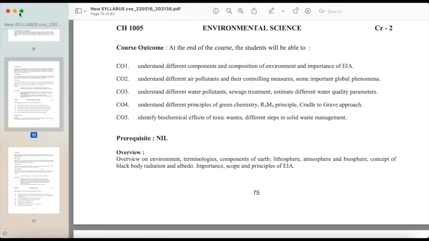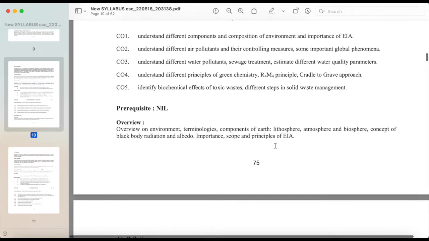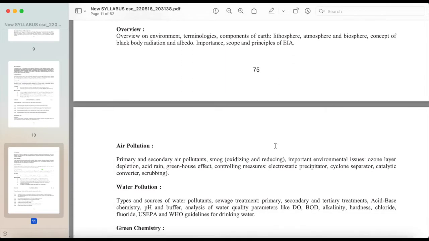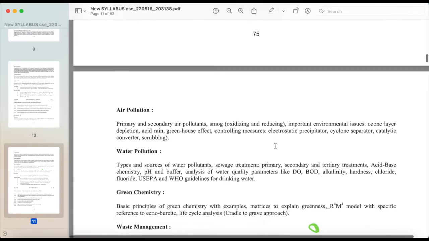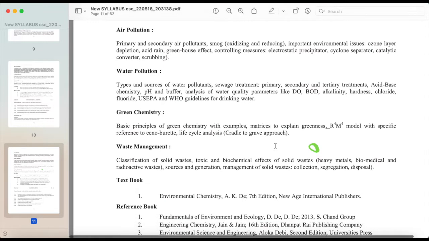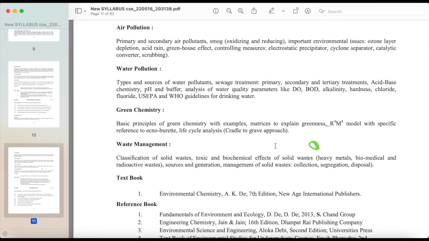Prerequisite: NIL. Overview: overview on environment, terminologies, components of Earth, lithosphere, atmosphere, and biosphere, concept of black body radiation, and albedo. Importance, scope and principles of EIA. Air pollution: primary and secondary air pollutants, smog, oxidizing and reducing, important environmental issues, ozone layer depletion, acid rain, greenhouse effect, controlling measures, electrostatic precipitator, cyclone separator, catalytic converter, scrubbing. Water pollution: types and sources of water pollutants, sewage